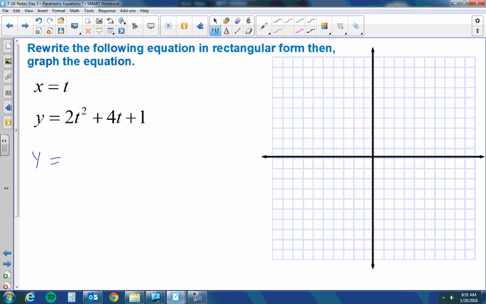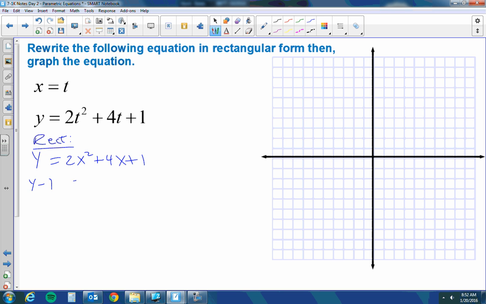And so you get y equals 2x squared plus 4x plus 1. And this is your rectangular equation. You're done. Sort of. I say sort of because it didn't just say to do that. It said to graph the equation. While if it just said rectangular form, I would accept this. Rectangular just means there's x's and y's only. There's no t, okay? But we need to get this in graphing form, which means we need to talk about